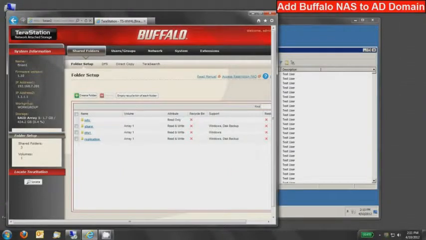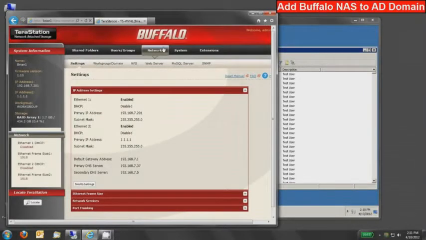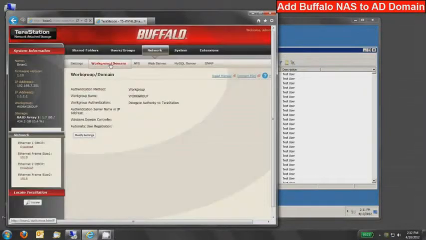This is how it would be configured from the factory. To join a domain, we need to go into the network settings area, and then go to the workgroup/domain sub-tab. However, before we do that, we just want to verify that our DNS configuration is accurate. So in this case, 192.168.7.37 is the DNS server that's on my domain controller. Per how Active Directory works, you definitely want to make sure your DNS is resolving to a domain controller. So please verify that one of your DNS, whether set static or through dynamic, is going to a domain controller in the domain.